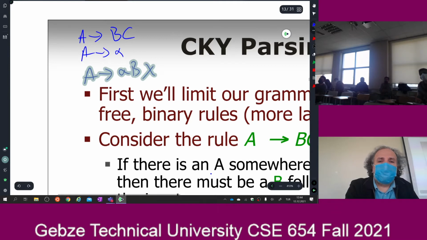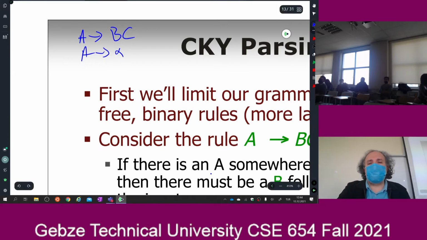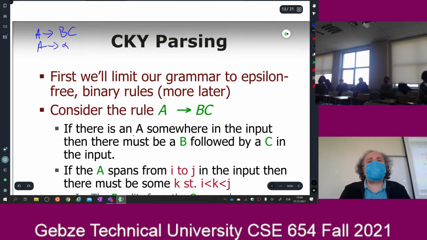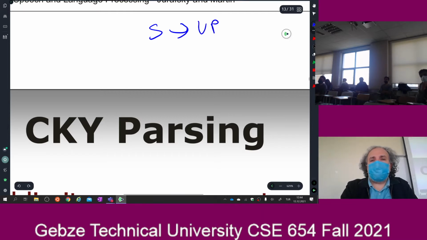The nice thing is that any kind of context-free grammar can be represented in this binary form. Sometimes we call it Chomsky normal form. There is a proof for that, and we are going to work in this binary form. It will be clear in a few minutes why we prefer this kind of form. Because we say that, starting from the top, when you say sentence, noun phrase, verb phrase,